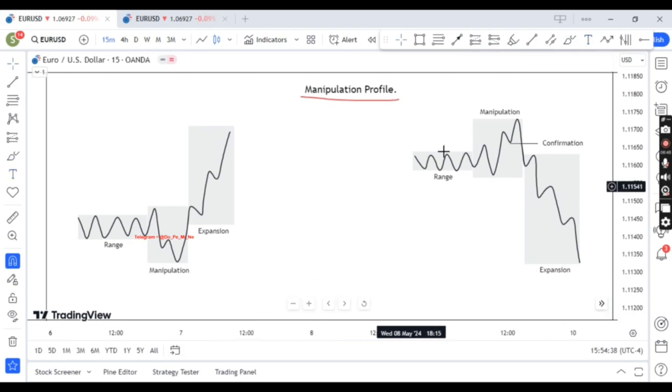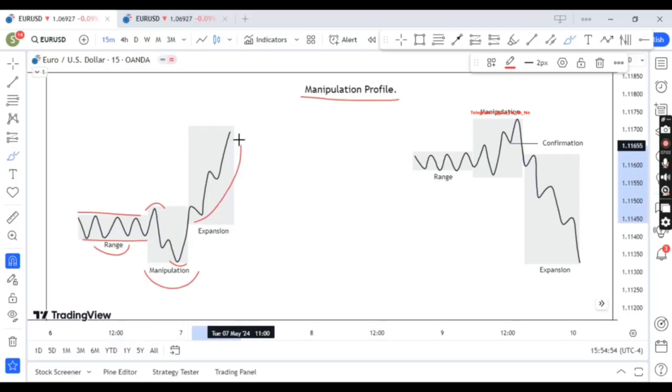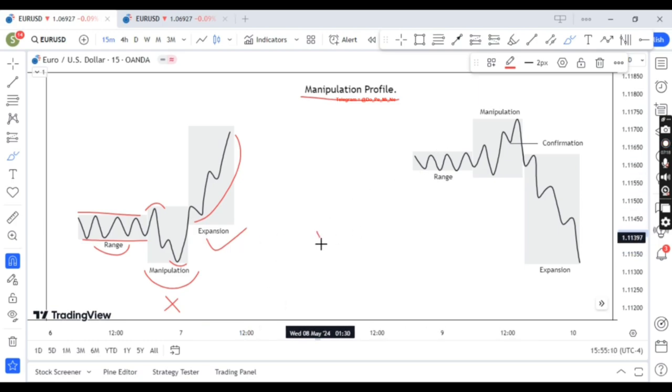Now the manipulation profile occurs or starts after a ranging profile. With this profile, the market takes both sides of the range and it takes out liquidity and manipulates the trader into a certain direction, and then it reverses in the opposite direction and expands, right? Now with this profile you can avoid getting caught in a manipulation, or what some people call a judo swing, right? Now you can trade this judo swing, but you for sure can never know or measure how far this